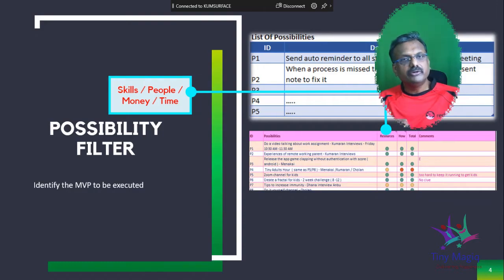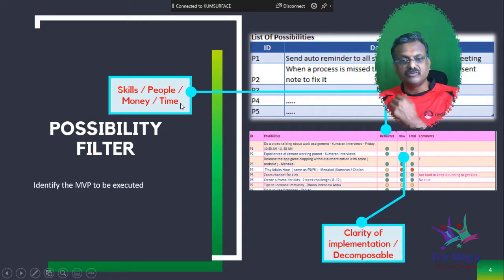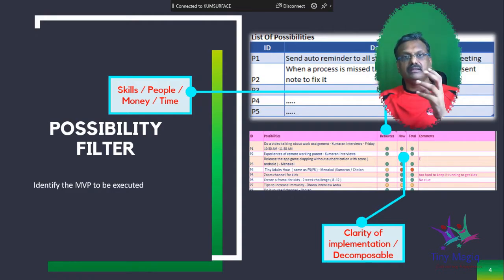Now, is that enough to do it? Not quite, right? Just because I know how to do C programming or Python doesn't mean I can solve a business problem. There are other things, it could be domain knowledge, it could be permissions, a lot of other things that are needed, right? Skills, access to data, like that. So that is addressed in the next column, which is the how. Do I have a clarity of implementation? If I'm very clear how I'm going to implement that possibility.